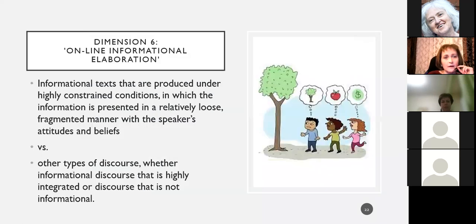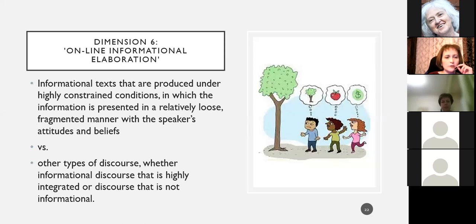And finally, dimension 6, what's called online informational elaboration. So here on the positive pole, there are informational texts that are produced only under highly constrained conditions in which the information is presented in a relatively loose, fragmented manner with the speaker's attitudes and beliefs. So this is quite typical of prepared speeches, which are an example of genres that are on the positive pole of this dimension,